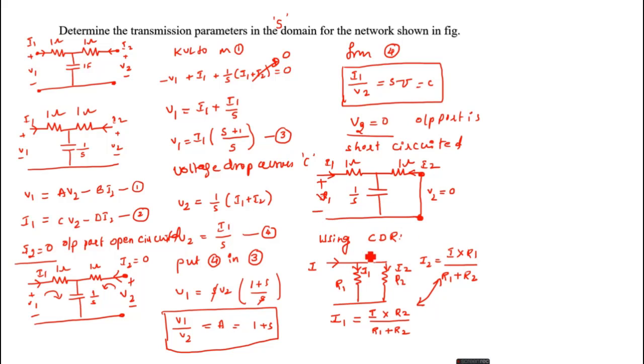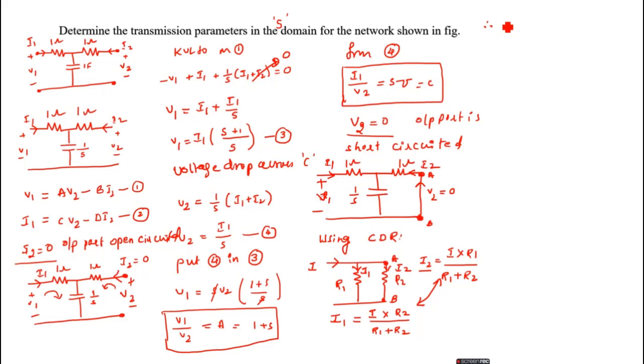You can compare these two circuits. In the place of current I, the total current I1 is there. Then we can observe the current here. It is flowing from this point A to B, that's why it is taken as a positive sign. But here you can see the current is flowing from node B to A. That's why I2 should be negative here. Then what is this I2? Using this formula, I2 equals total current I1 into opposite resistance divided by total resistance.